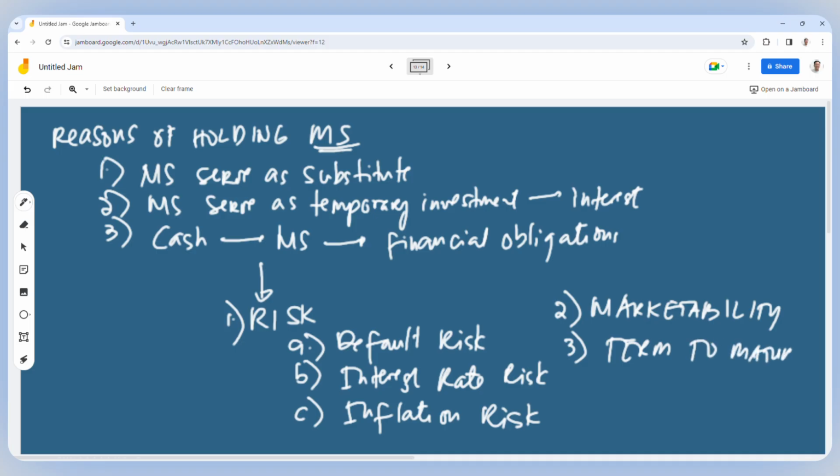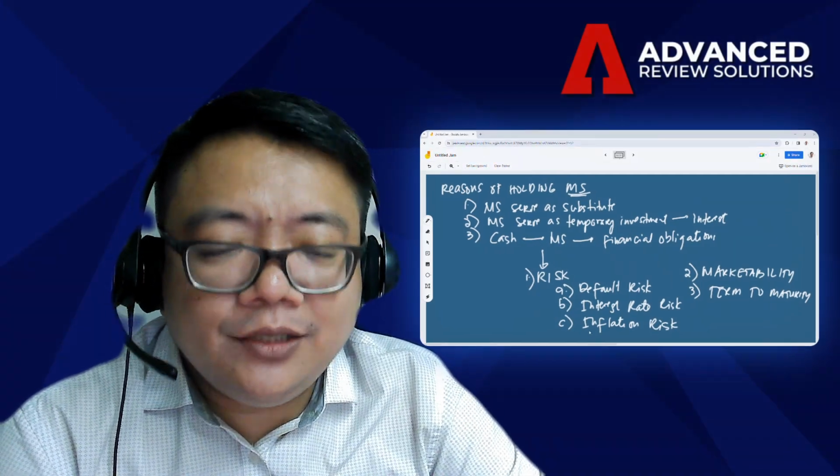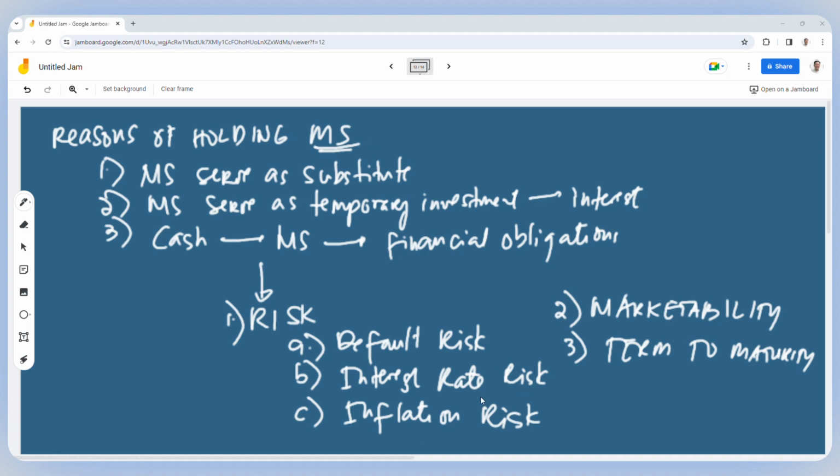Yan. Okay? Baka malit lang yung interest, di ba? Yan yung usual. Okay? Yes. Okay. So, we are done na, no? With our marketable securities, no? Alright. Next one naman, yung tinatawag nating